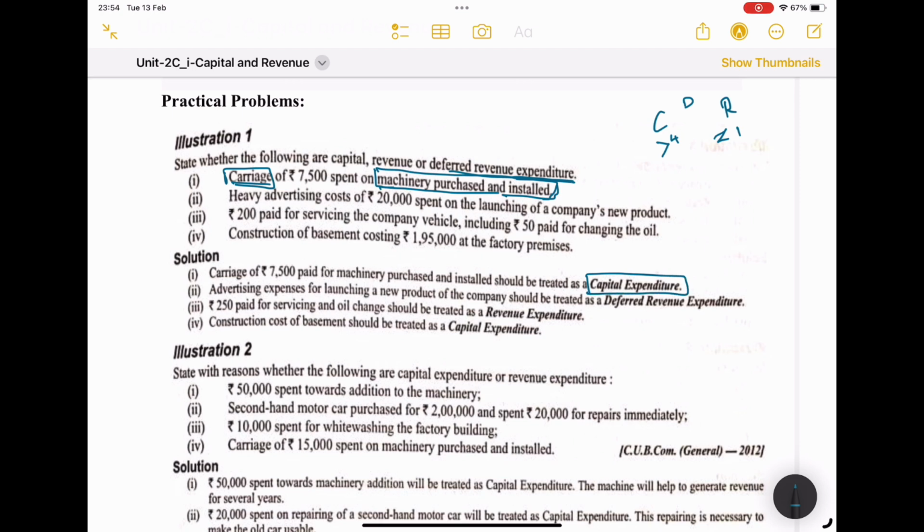So in the exam, you have to write the solution against your question number. Then point 1, you have to write the full statement and it should be treated as capital expenditure. You can write, or you can put a hyphen and mention it as a capital expenditure. See, next one,